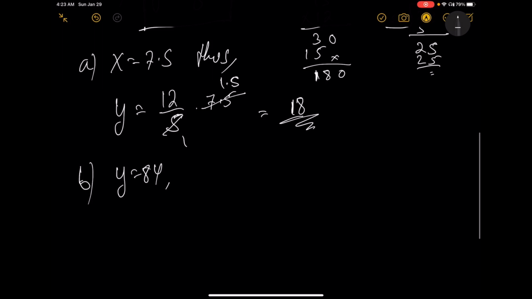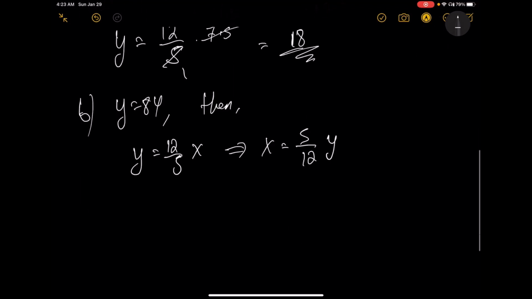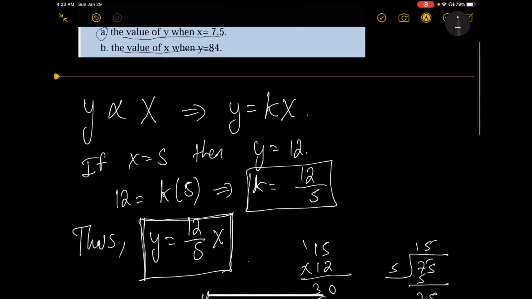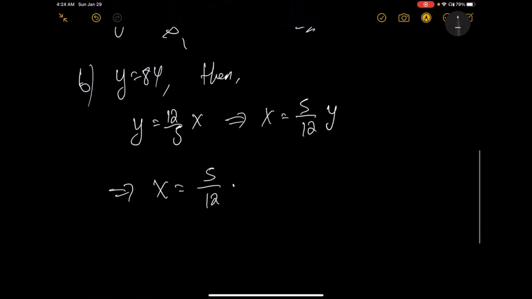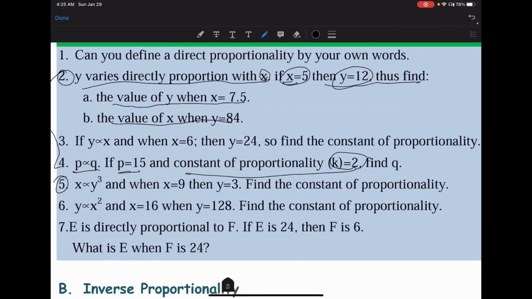Then b ደግሞ ምንድነው የሚለን: the value of x when y is equals to 84። y is equals to 12 over 5 times x, this implies x is equals to 5 over 12 times y. ይህ ማለት x is equals to 5 over 12 times y። y ስንት ነው? y 84 ተሰጥቶኛል። ከዛ በ12 1 በ12 7 ማለት ነው። ከዛ 7 ሲባዛ በ5 35 አገኛለሁ። ለዛ y 84 ከሆነ x አውቶማቲካሊ 35 ነው ማለት ነው።